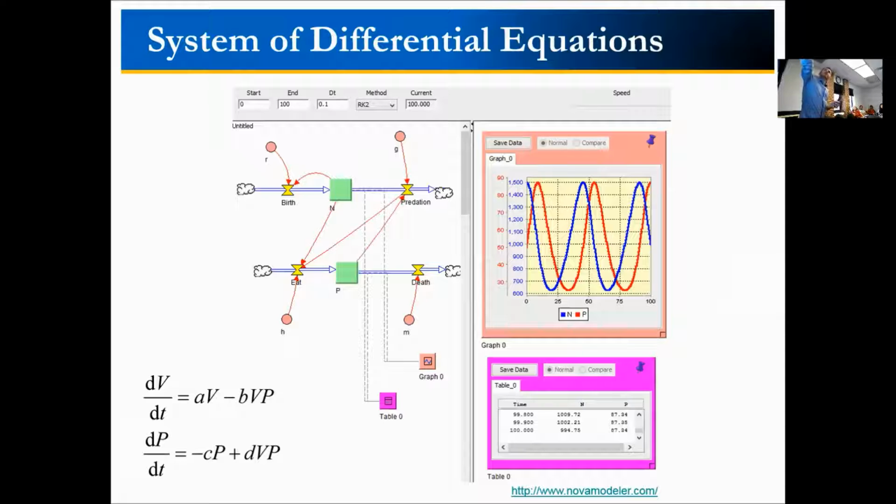Basically you start with a lot of sheep. The blue one represents the number of sheep that you have, the red one the number of wolves. You have a lot of sheep, so wolves start eating them and reproducing, so you have an increase in the number of wolves that drives down the number of sheep. And once sheep are down, wolves cannot eat them, some of them die, and then the cycle continues like this forever.